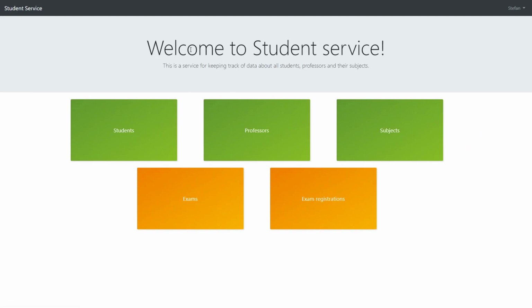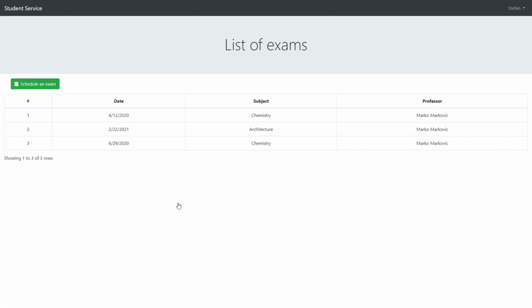At the fourth option, exams, there is a table with active exams scheduled by the professors,